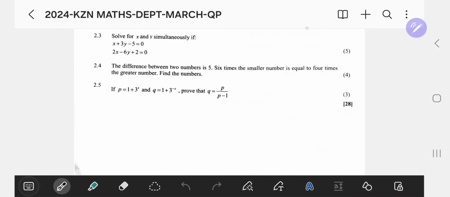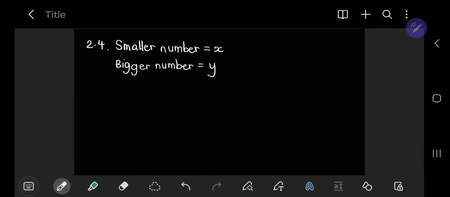So let's write this down. I am representing the smaller number with x and the bigger number with y. And then they said to us that 6 times the smaller number, that would be 6x, is equal to 4 times the bigger number. So here we've created an equation with what they gave us. And they also said that when we subtract these two values, we get 5. So if we take the bigger value minus the smaller value,